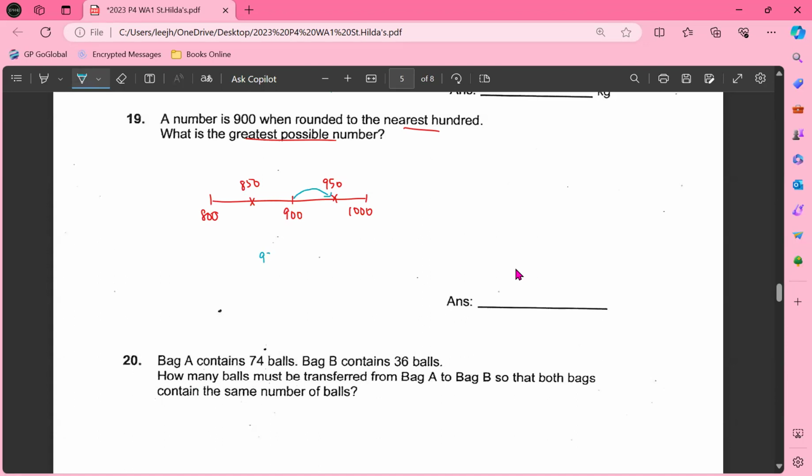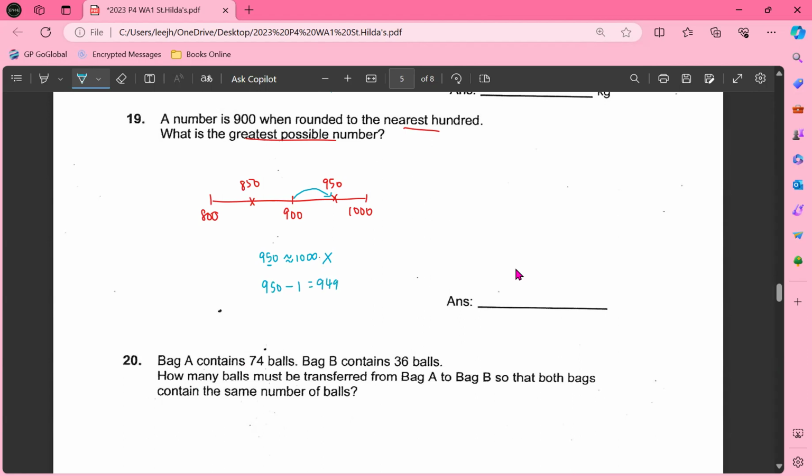This is 950. But if I want to round to the nearest 100, I look at the tens. This is 5, which means if I were to round this to the nearest 100, it will go up to 1,000, which is not what I want. So that means the tens place must be less than 5. So I have to minus 1. The number that is 1 less will be the greatest number that is 4 tens. So I'm going to take 950 minus 1,